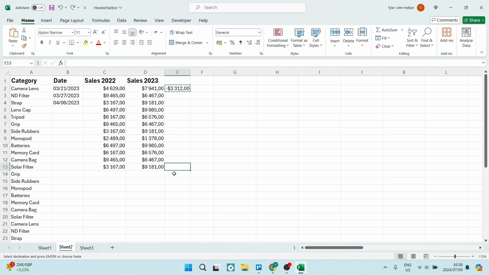So let's say I want to click in over here on this very last piece of data. That's the solar filters, and I want to say Ctrl+V on my keyboard, and you will see that it'll give me the answer of this number minus this number. And there it is now being copied and pasted right over there. You can use this with any type of formula in Excel, and you can use it from sheet to sheet as well as on